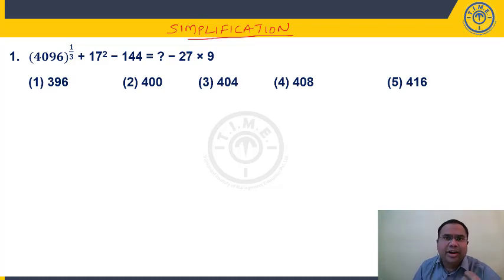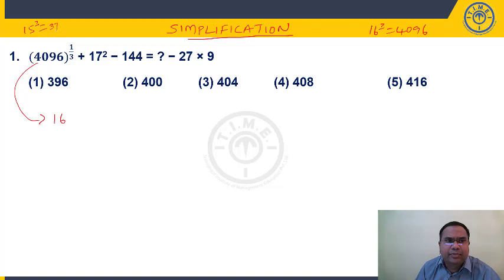You need not get into simplifying all the values. See how I do this. The cube root of 4096 is 16, because we told you to learn cubes up to 20: 1 cube, 2 cube, 3 cube, up to 20 cubes. So 16 cube, we all know, is 4096. Or you know 15 cube is 3375 and 20 cube is 8000. So 4096 is between these two, and the last digit is 6, so most likely it is 16 cube.